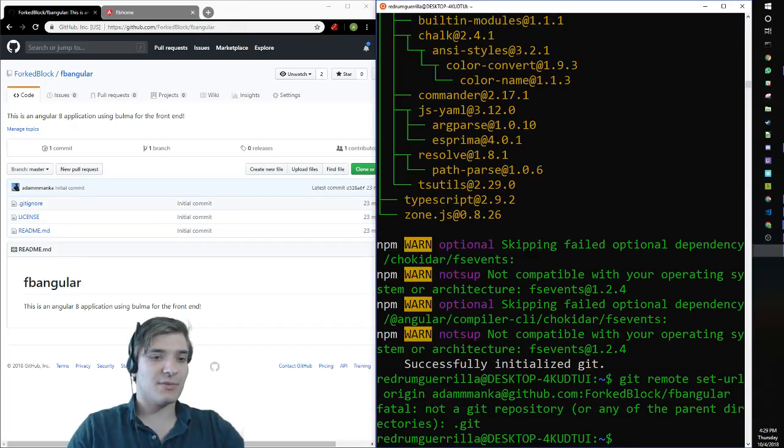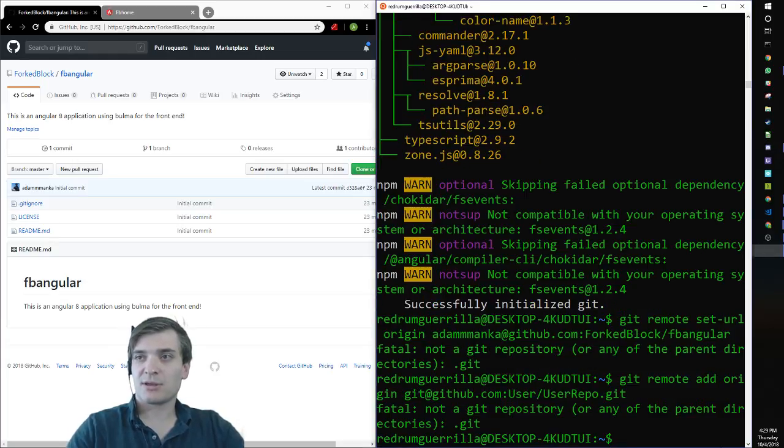Oh, oops. Yeah. I have to add an origin first. So that looks like this. Git remote